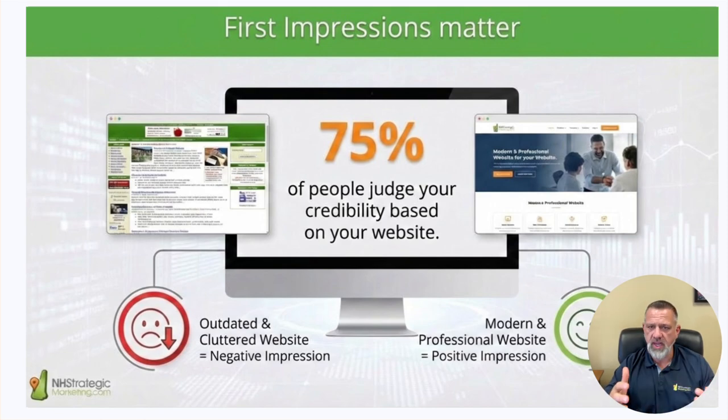Whether that person got there because they were referred to you and they Googled you, which is a very common thing that people do. Google calls it the zero moment of truth. No matter how somebody hears about you, they're likely going to Google you. They're going to look at your Google reviews, check out your online reputation. If they like what they see and it passes the sniff test, then they'll click through over to